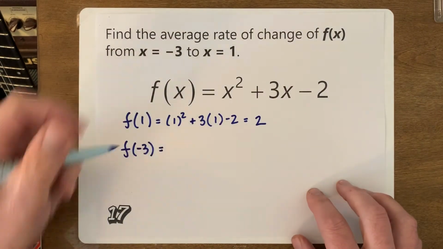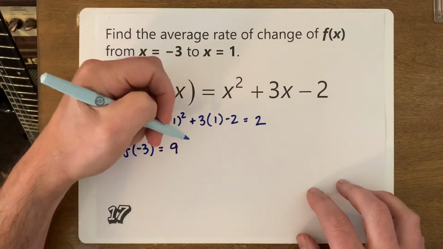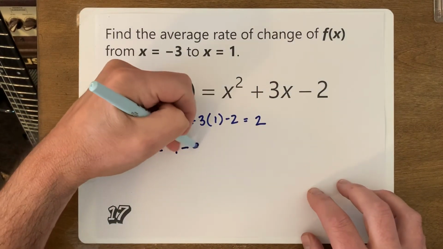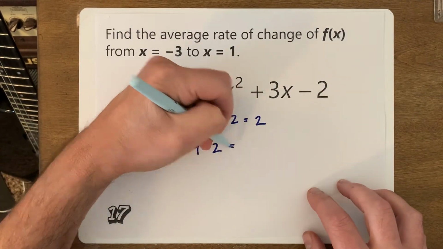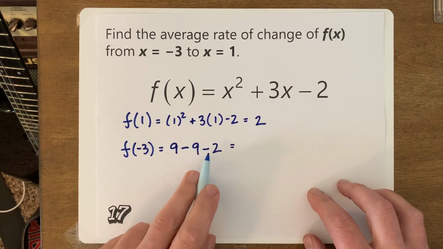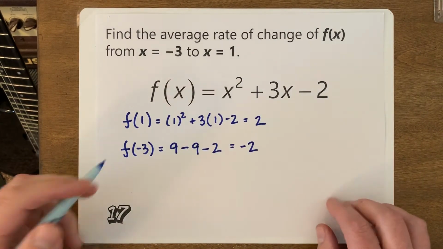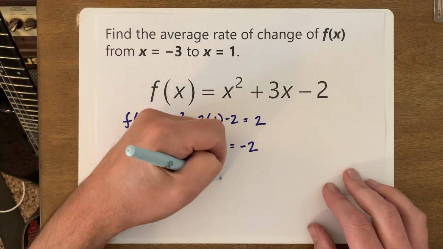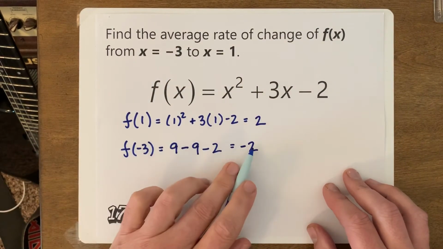All right, let's try this one. Negative 3 squared is 9, positive. And then negative 3 times positive 3 is negative 9, minus 2. And what happens now, 9 minus 9 is 0, minus 2 is our result. And so now we have f of 1, which turned out to be 2, minus f of negative 3, which turned out to be negative 2,